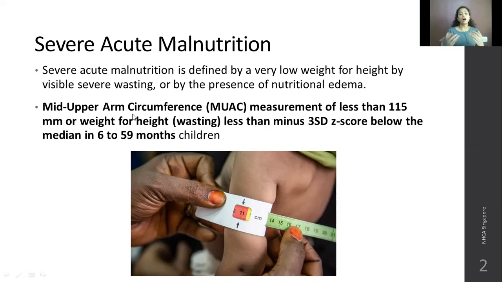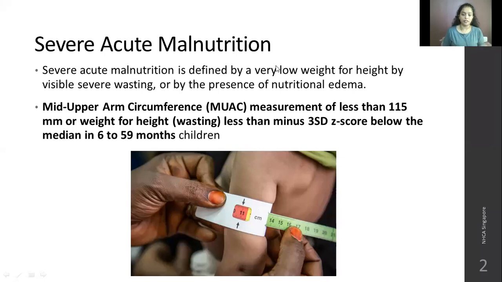Yeah. So how do you check if a child has severe acute malnutrition or not? For that, on the upper arm of the child, you have to take the length of the upper arm from elbow to shoulder. Okay, find the midpoint of the upper arm, and you have to take the circumference of that midpoint of the upper arm. That is how you identify the